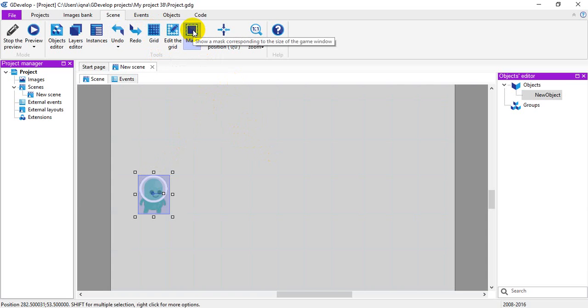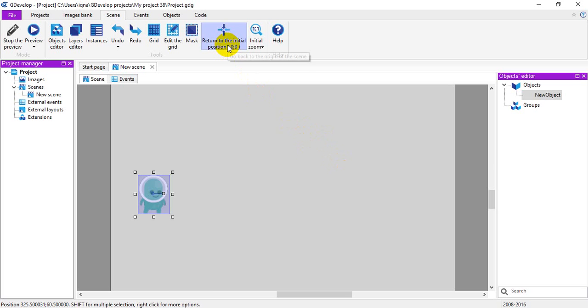Mask means that it displays your game window around the dark frame. This lets you know how the game looks, how the final result looks, because this is the game window size, this is the application size, the size of the window.